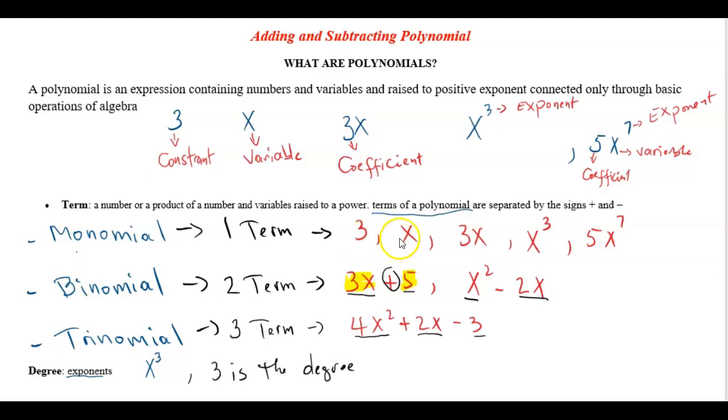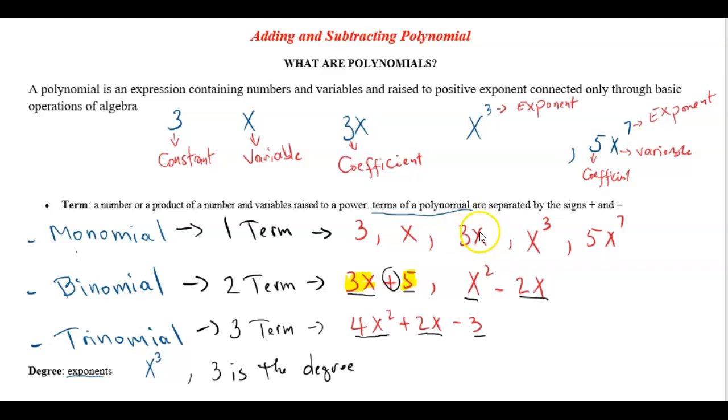And if you have a variable with no exponent, the exponent is 1. So if we go back, the degree of this monomial is 0. The degree of this monomial is 1. The degree of this monomial is 0. The degree of this monomial is 1. And the degree of this monomial 3x